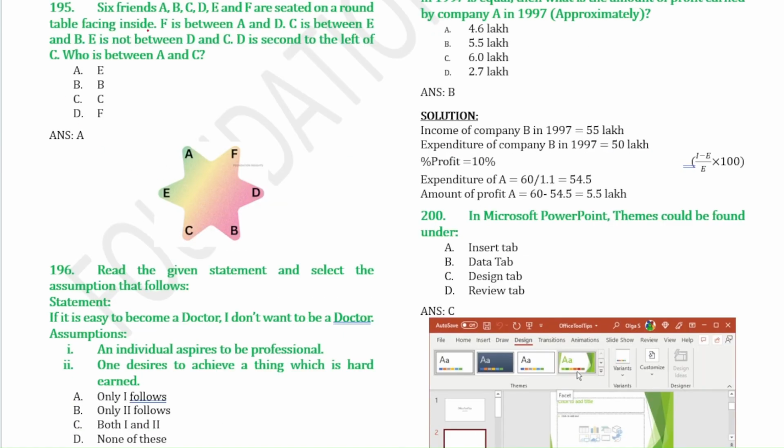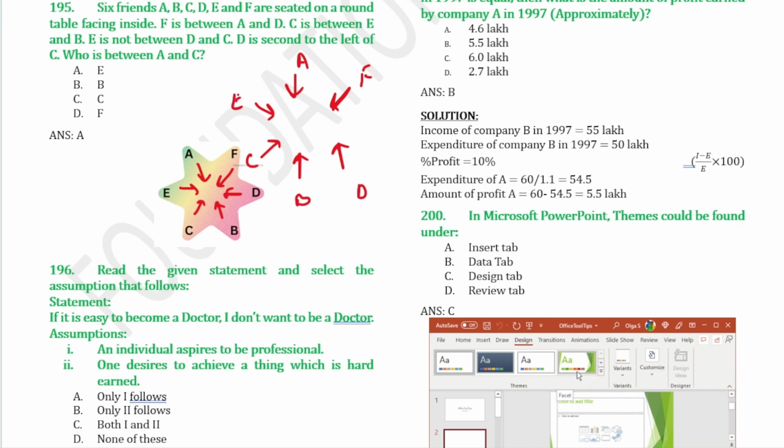Next question, 6 friends are seated on a round table facing inside. That means they're facing this side, okay? So now F is between A and D. So suppose they are facing like this. So there are 6 friends. So F is between A and D. So suppose this is A and D, and then F is between. And then C is between E and B. That means C is between